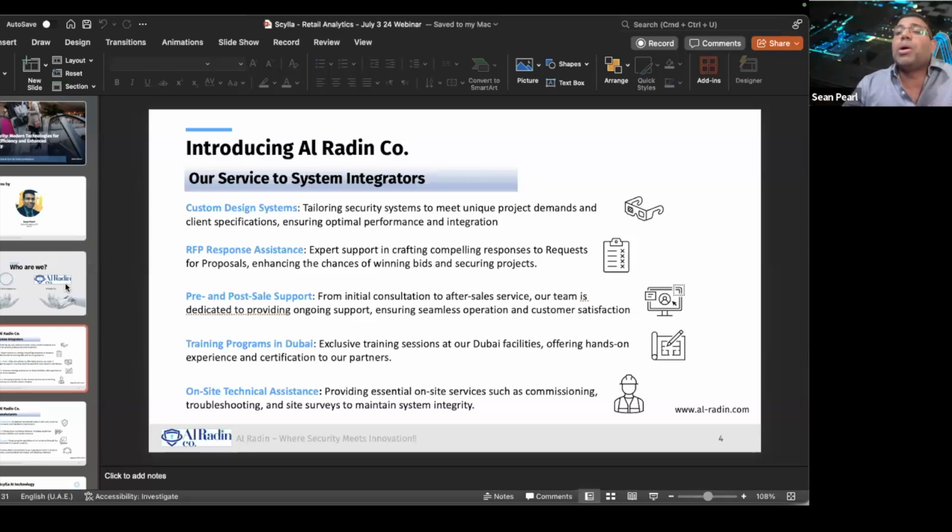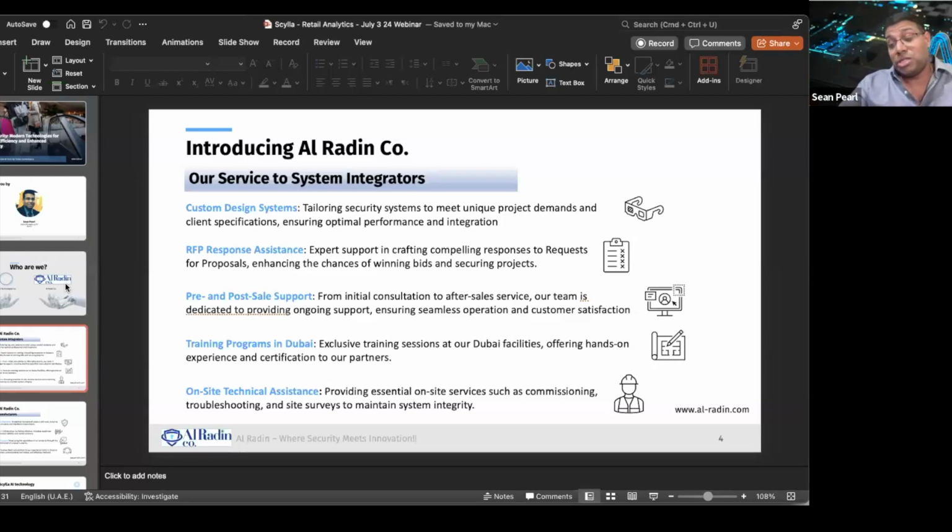Apart from this, our facility in Dubai, we've also turned that into a training center, wherein we host trainings for a lot of partners, consultants, end users on a regular basis, because we believe it's important for the entire community to basically stay up to date in terms of knowledge, and also hands-on technical know-how, which is ultimately going to help them execute their projects more efficiently.